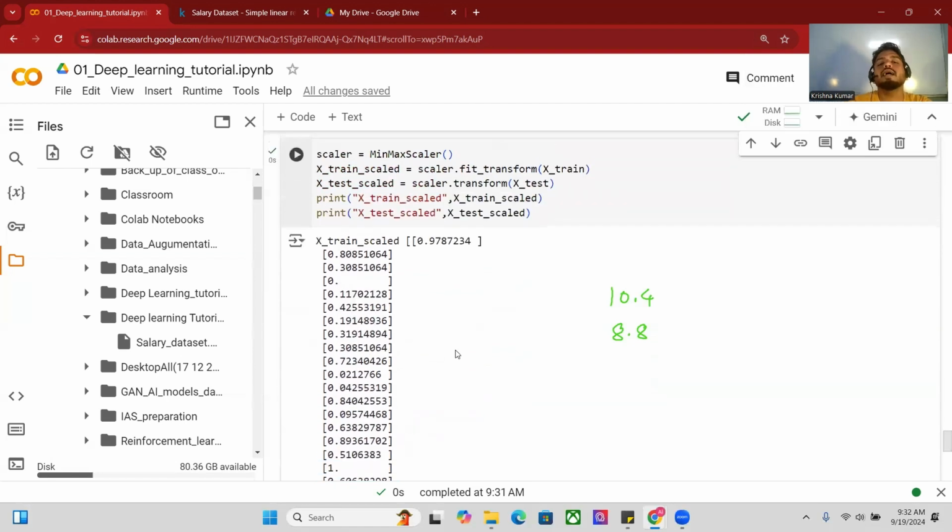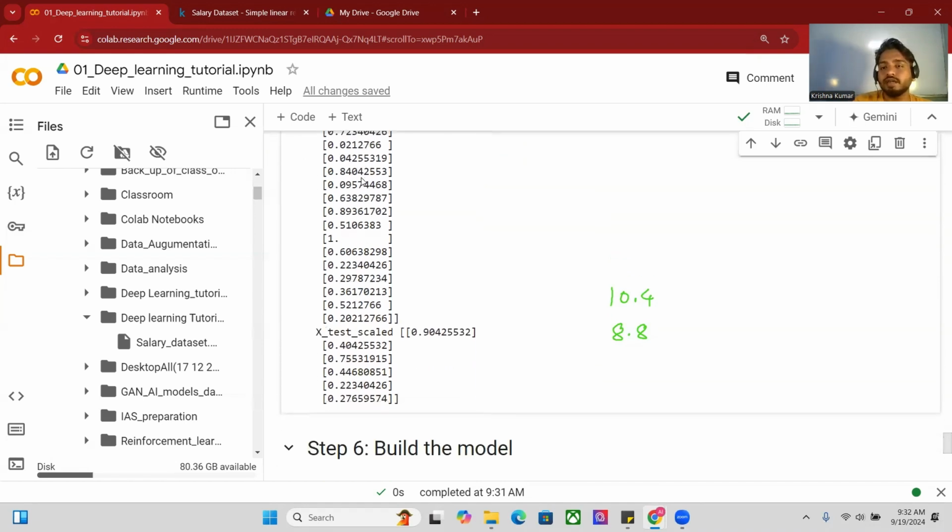Now, I just want to draw your attention to one thing. We never scale our target. This is a feature. X train is a feature. X test is a feature. Y train, Y test, this is the target. We cannot scale the target. Never scale them. If you scale your target, you will always get bad results. You will get errors. You will not get what you are expecting from your data. Okay. So moving ahead,